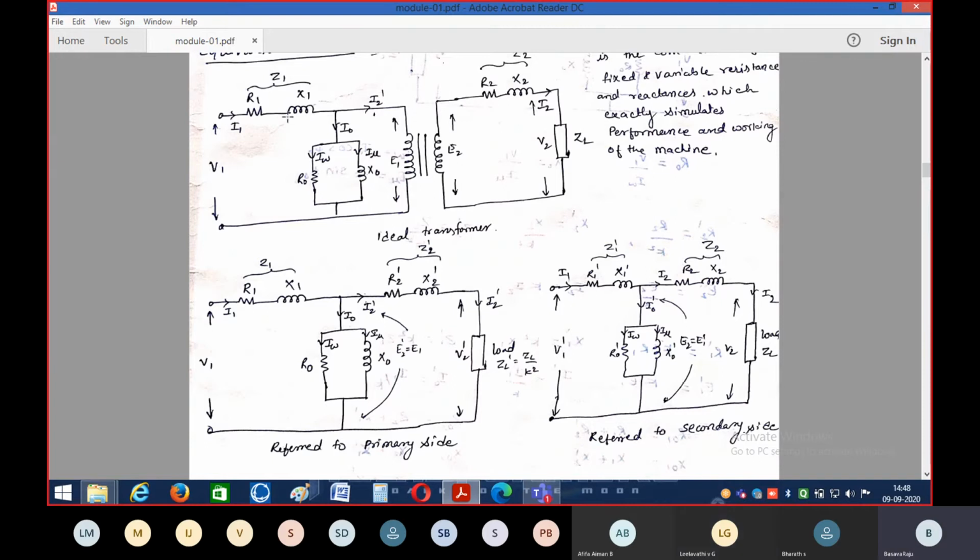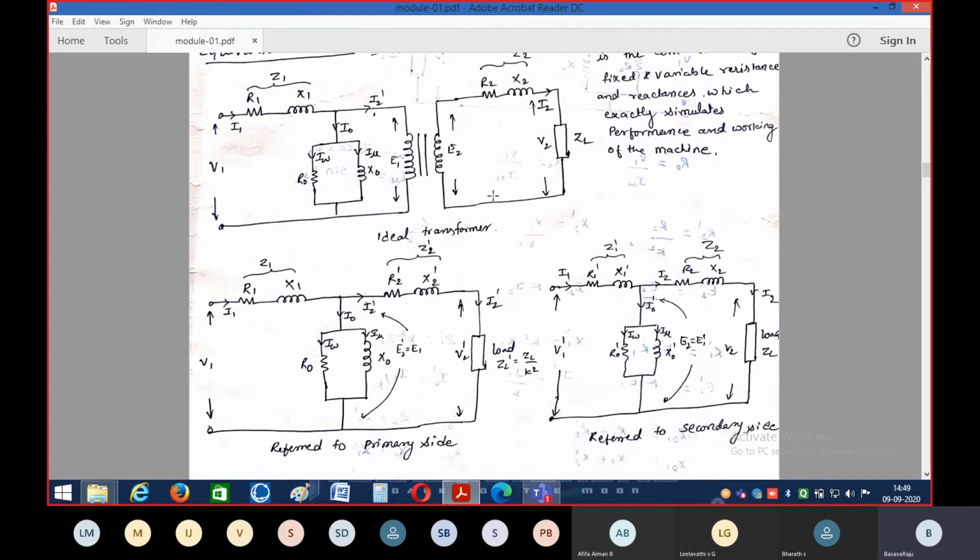Okay. Now, if you observe this, what is I1 equal to? See, here I1 is coming to us. From this I1 current, part of the current is flowing through these no load elements I0, and the remaining current I2 dash is flowing through this coil, right? So the value of I1 is equal to I0 plus I2 dash, sorry, right or not? So vector addition of I0 plus I2 dash gives the value of I1. Remember this equation.